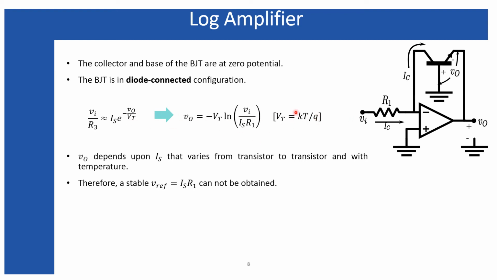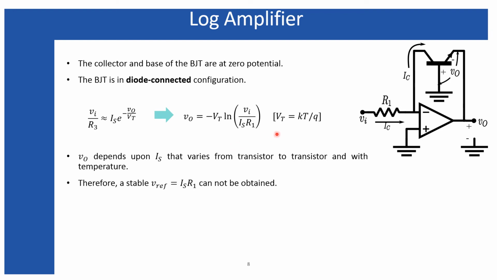Now, when I'm using the bipolar junction transistor, there also a limitation exists. That limitation is because this output depends upon the reverse saturation current Is. So if this circuit is used to connect to a different circuit which includes a bipolar junction transistor having a different reverse saturation current, then some mismatch will occur, and such a mismatch we cannot avoid by using this kind of circuit.